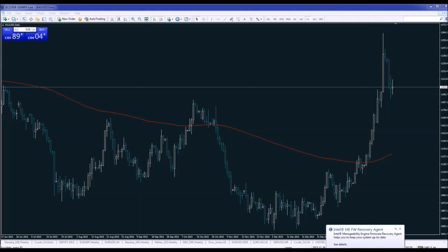We will of course take the extremums above and below the candlesticks, and everything that we need on this chart is just the candlestick chart. And of course, you can just let your 200 exponential moving average stay there, simply because it is a strong